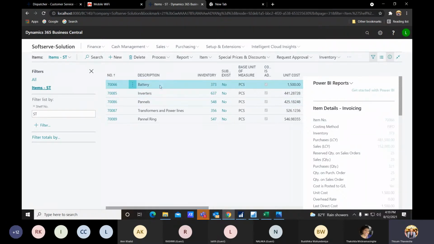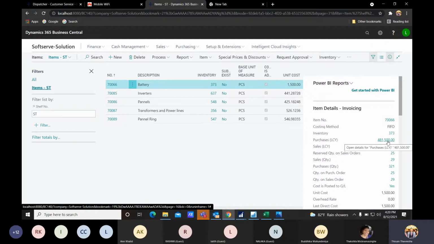Using this item list, we have something called the fact box. By looking at this fact box, suppose the battery, we can identify how the functionality is going for this battery. Suppose the purchases are 481,000, sales are 152,000.